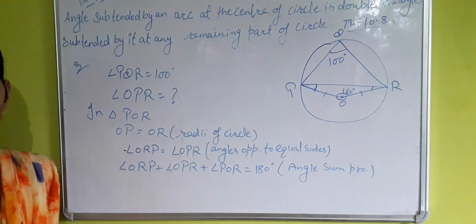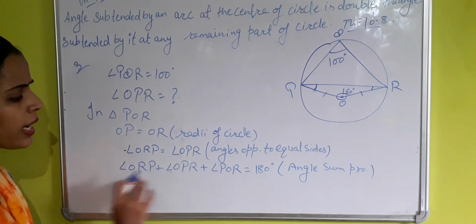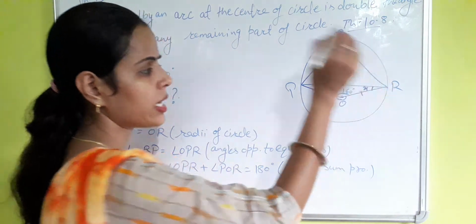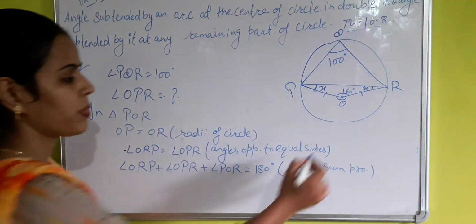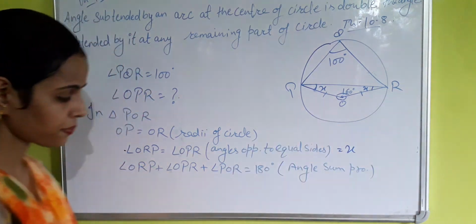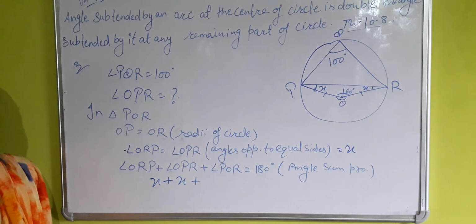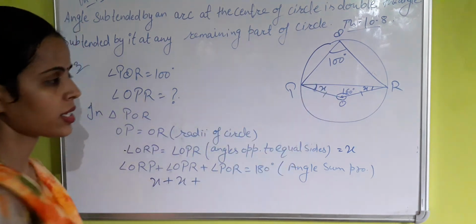Sum of three angles of a triangle is 180 degrees. These two angles are equal. Suppose this angle is x degrees, then this angle is also x degrees. x plus x plus angle POR, which is 160 degrees,